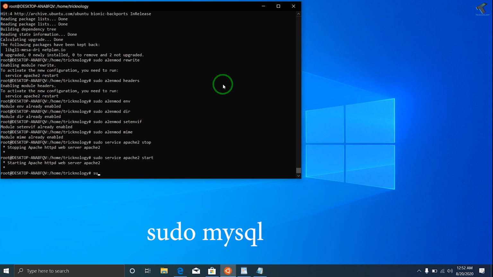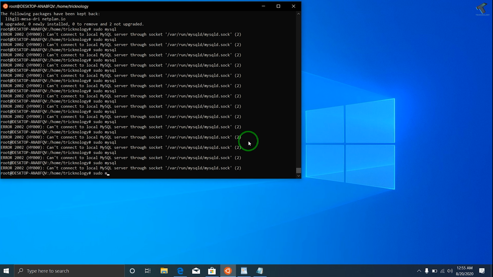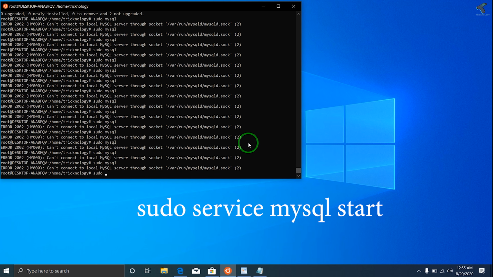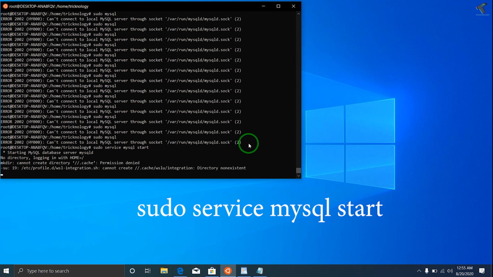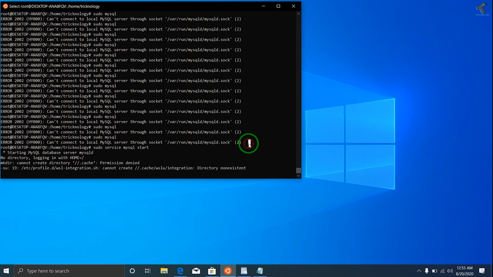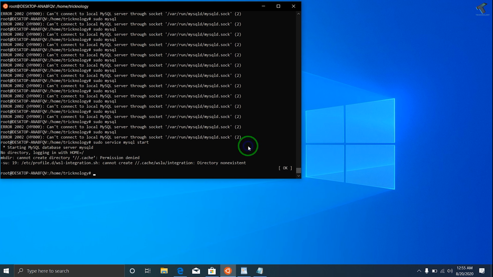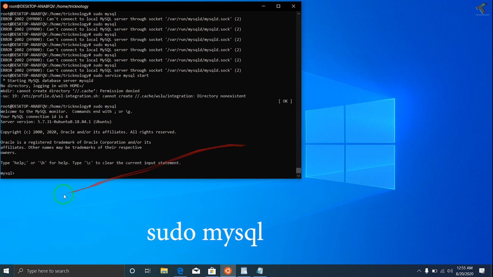Now you have to put the command called sudo mysql. So as you can see, if I put sudo mysql, it's not working. So now you need to start the MySQL service. For that you need to type sudo service mysql start. Once it is done, you put sudo mysql, and now as you can see, it's working